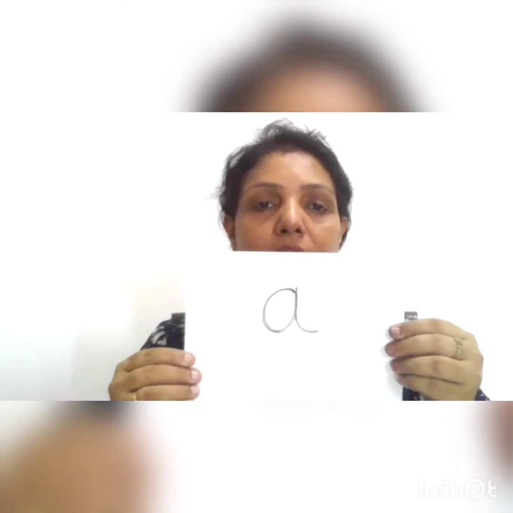Now, second letter. It's like something is crawling on you. So how do you remove it? You just remove it, saying a, a, a. So which letter? Letter A. Sound is what? A, a. Action is this. You are just removing some ant from your hand. Something is crawling on you and you're just saying a, a, a.